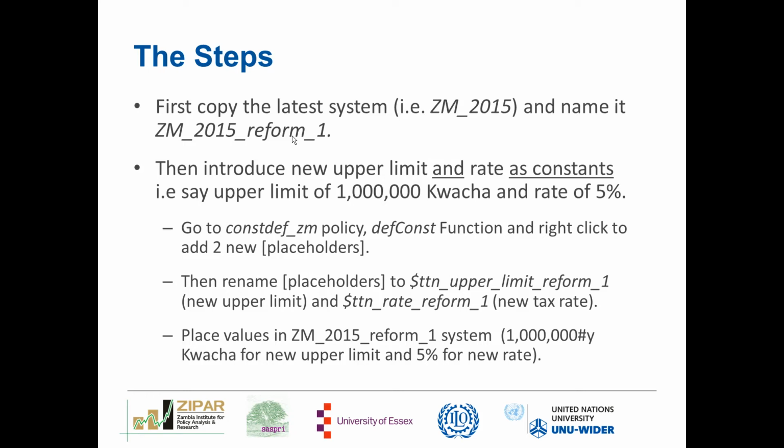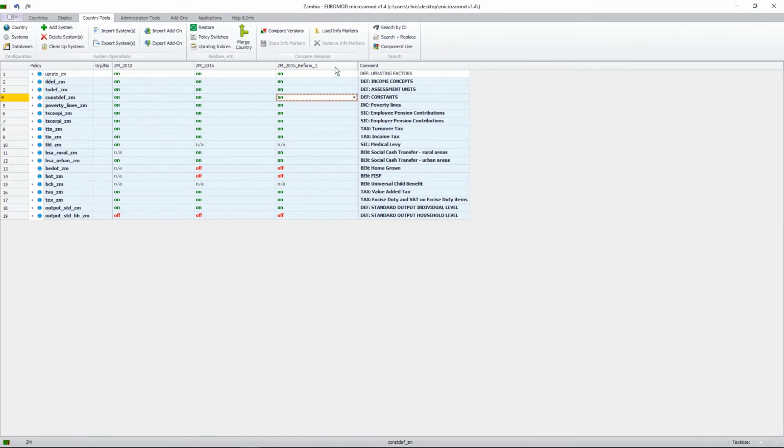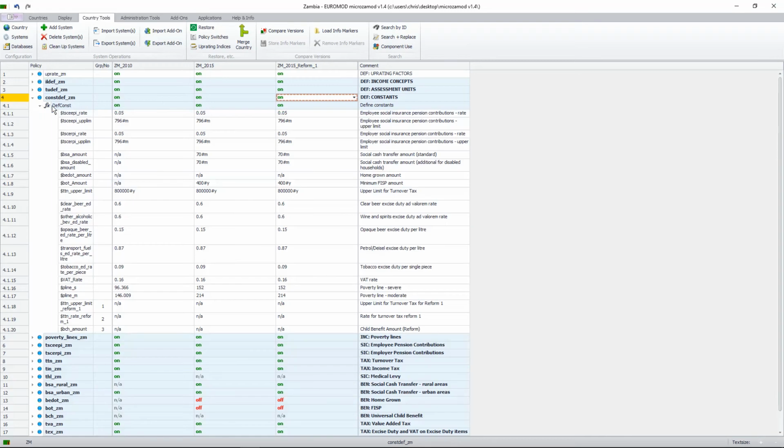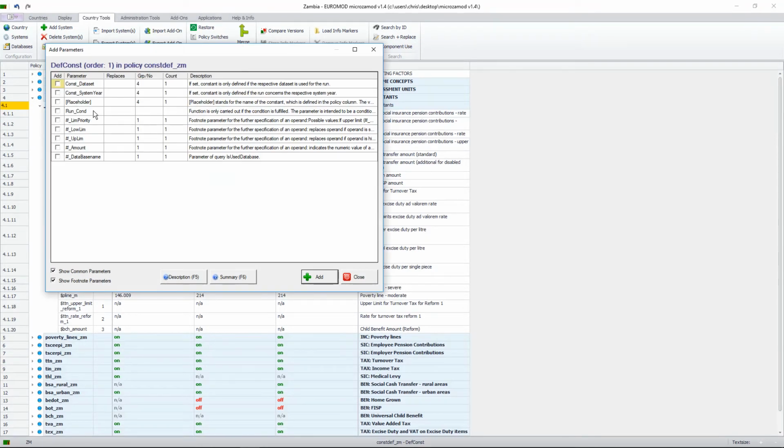So we can go to our model and implement these first 3 steps because we've already added our new system. So we've added our new system and named it reform_1. So our second step is to go to our constants policy, open that up, go to our def_const function, right click on that, go to show add parameter form, click on placeholder because that's what we want to add, and then